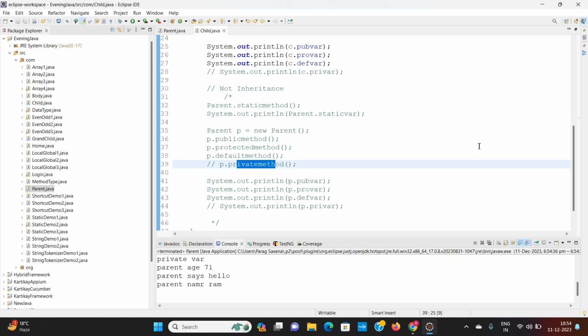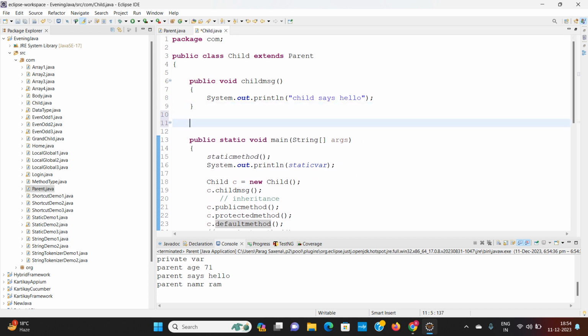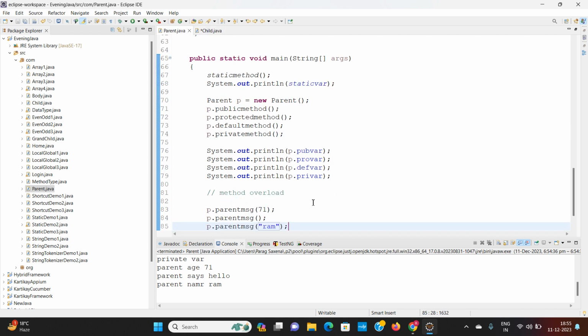Now again, if I do the overloading in the child, this is called overload in child. This is called runtime polymorphism. That is, overloading of the method is done after inheritance. So what is this runtime polymorphism? That is overloading in child. That is, again, if I define the same method here,